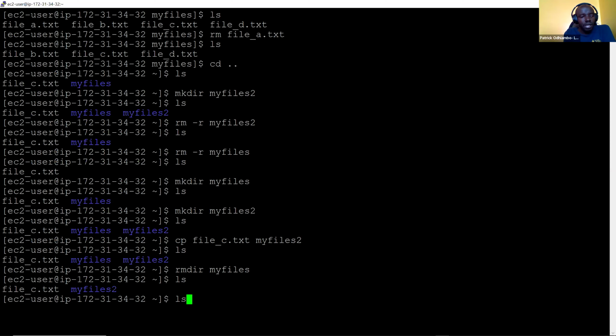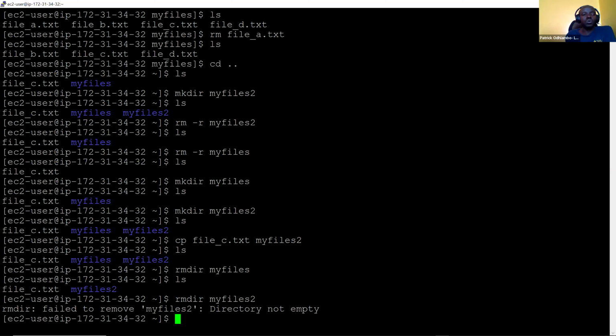Let us try the same remove directory, but now with my_files_2, which has a file inside it. It's not an empty directory. Enter. And this is what I was waiting for. I was waiting to get an error like this. Failed to remove my_files_2, directory not empty. Now to remove it, you will use the command that Naboth gave us.